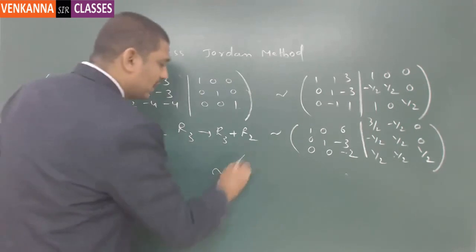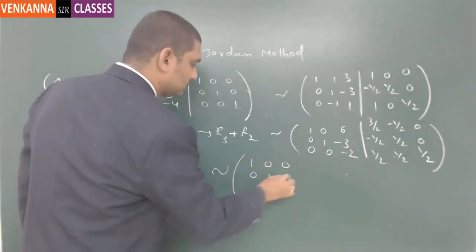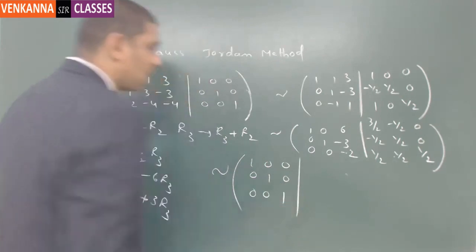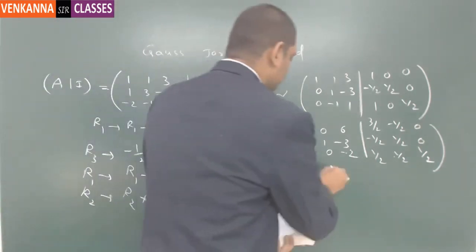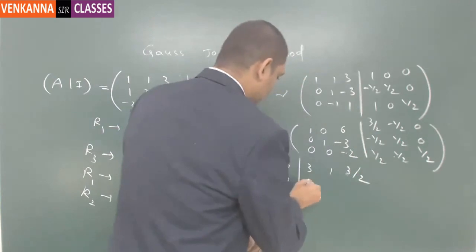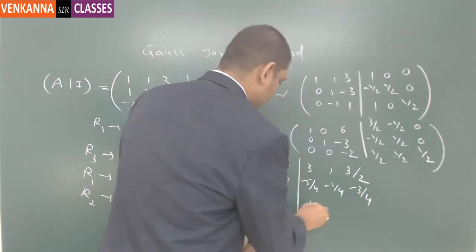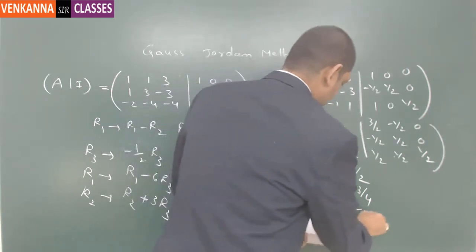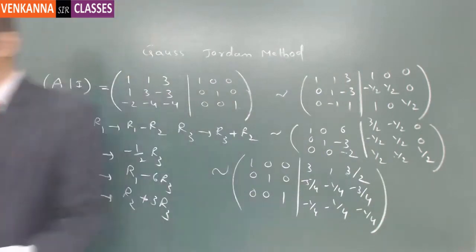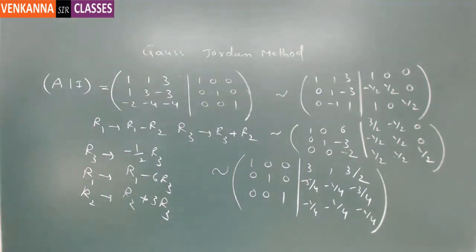So the final result will be like this. The new matrix which you have obtained there is nothing but the inverse of the given matrix, that is A inverse. Now the difficult part here is finding the respective row operations to convert it into identity